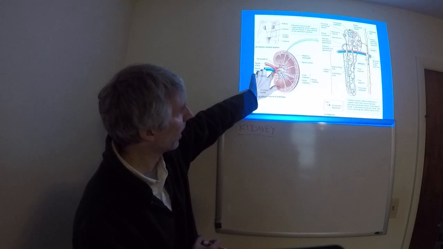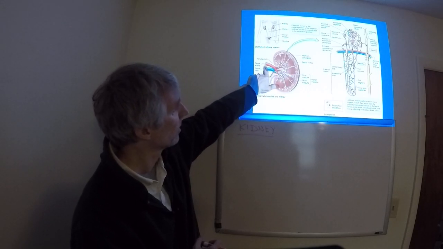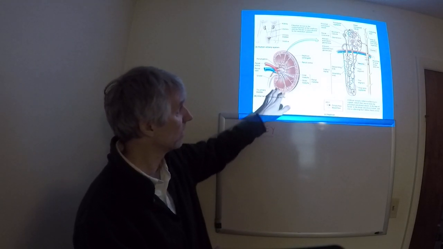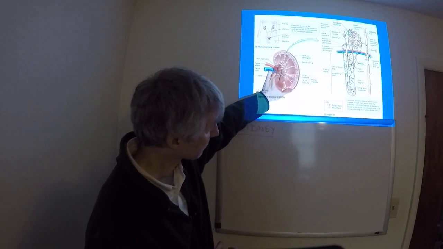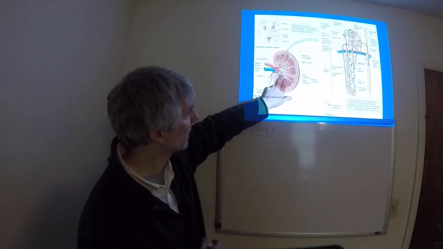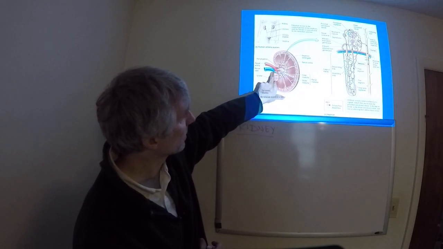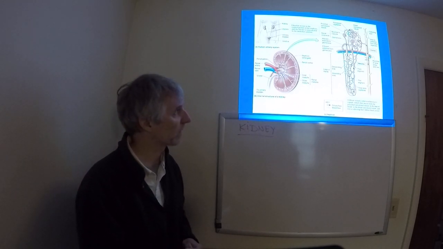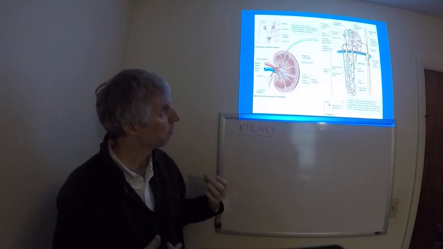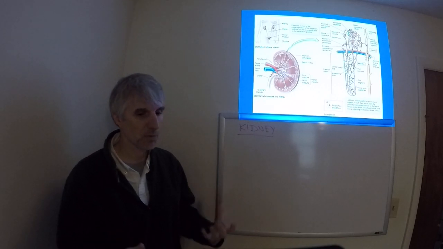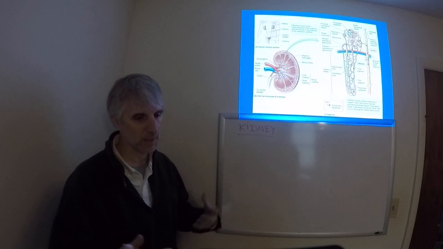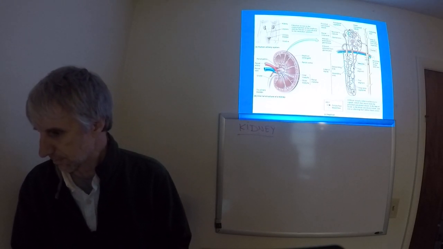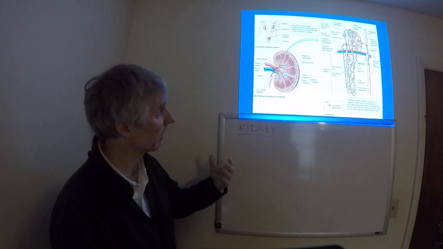So blood arrives at the kidney from what's referred to as the renal artery. Blood then moves through the kidney, we'll talk more about this, and then blood is collected out here at the renal vein and then returned back to the heart. So major arteries supplying both of these kidneys, the renal arteries, and then blood is collected from the kidneys through the renal veins. Okay? All right,